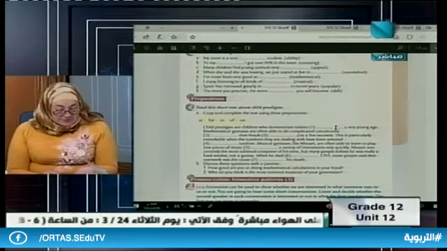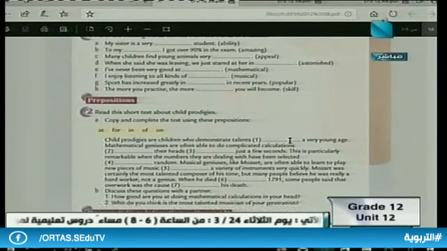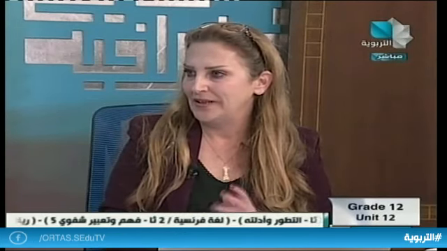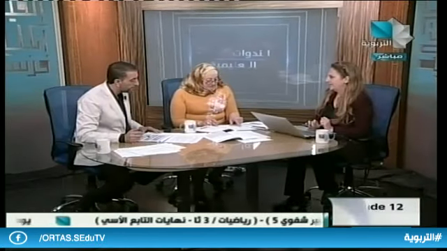Mathematical geniuses are often able to do complicated calculations in their heads. Sorry for the interruption. Are you following, Lama? In, you notice? When you fill in the spaces, let's repeat the preposition for our students. Space 2, in their heads. Number 3, in just a few seconds. These are fixed expressions. So this is particularly remarkable when the numbers they are dealing with have been selected at random. At random is an idiom.